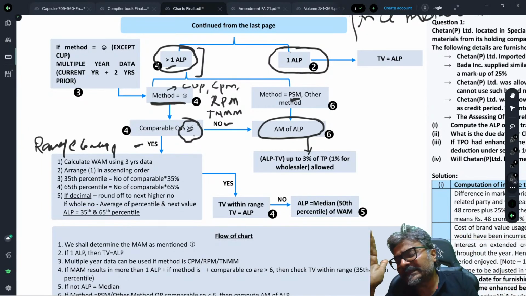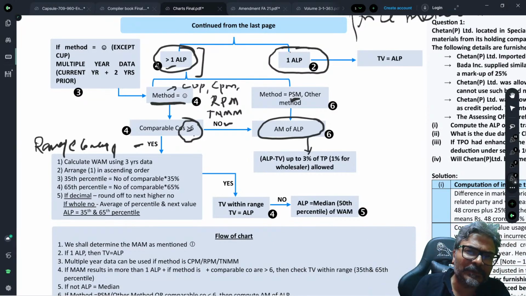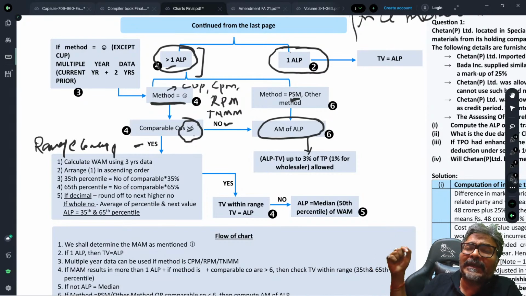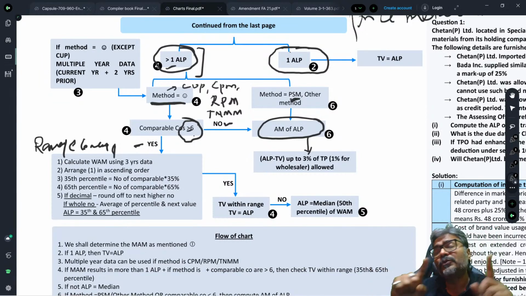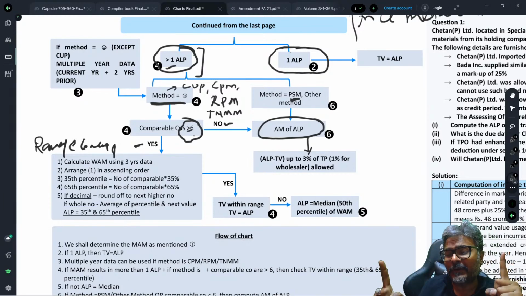The next is just 65% of the data set, which is 7 in my example. Take that. So 7 into 65, 4 point something, which you will take to the next number, which is 5. So against number 5, what is the ALP which has been given to you? You will take that as your another range. So now you have got the range from at 3, what is the number, and at 4 and at 5,